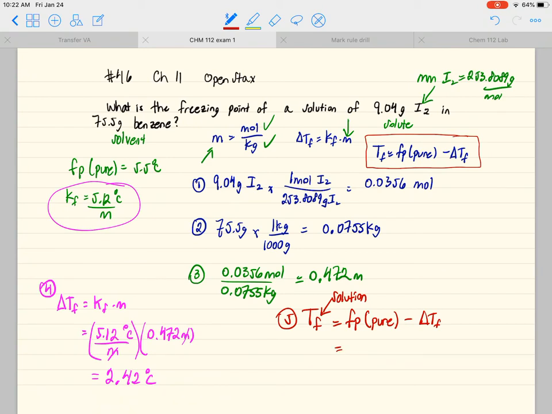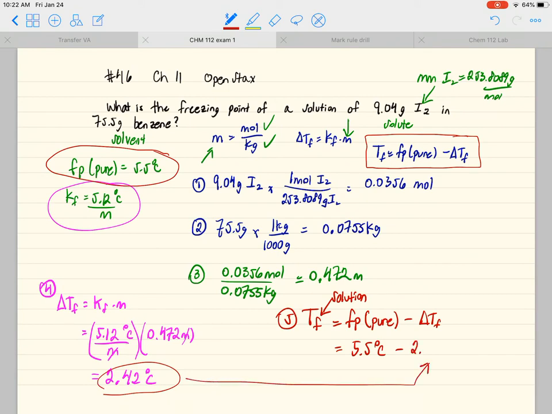So we use the physical data here. We know the freezing point or melting point of benzene is 5.5 degrees Celsius. Okay, and we want to subtract this value here,